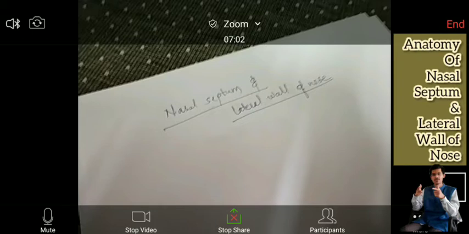Okay. So do you need one revision of the skull bones? Do you need it? Then what we can do, we will first revise the skull bones once very swiftly. Especially the ones which are required in your study right now. Okay. So yes, now you can see this diagram.